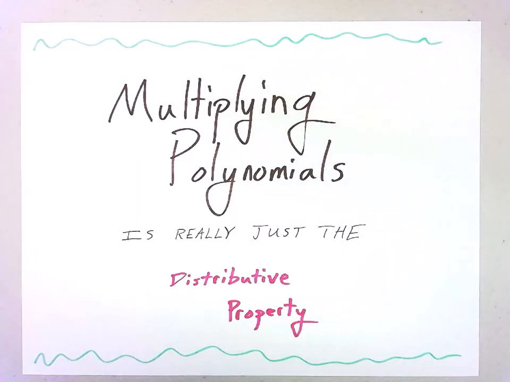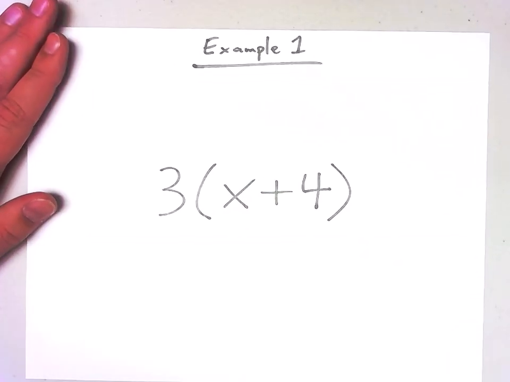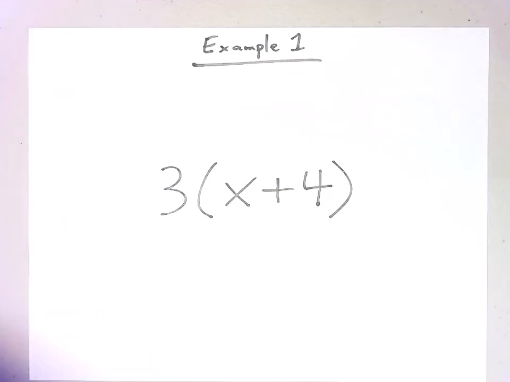Hey everybody, I'm going to explain today a little bit about multiplying polynomials, and specifically I'm going to focus on how it's really just an application of the distributive property. Some people get confused when they're multiplying polynomials, especially big ones, but they understand the distributive property, they don't see the connection between them. So first, really quick, let's go over the distributive property with some examples, and then we'll apply it to multiplying